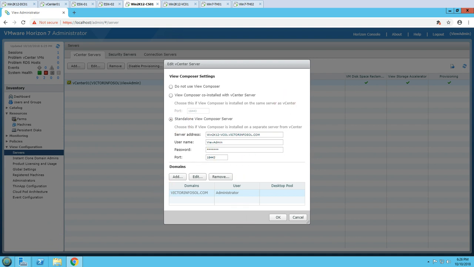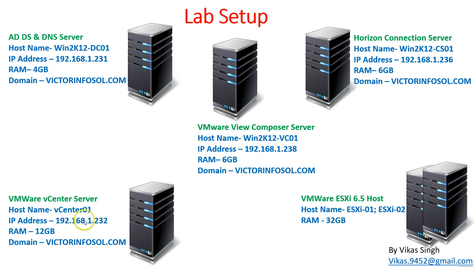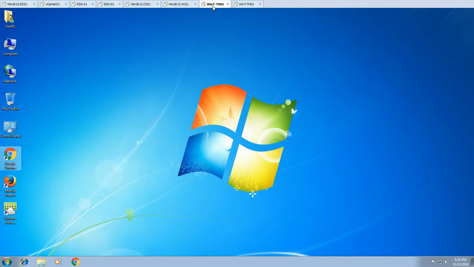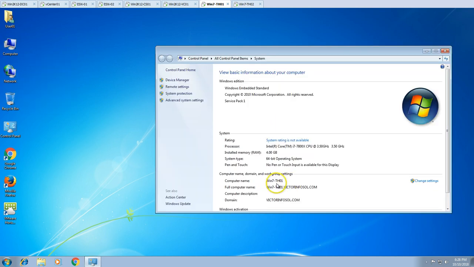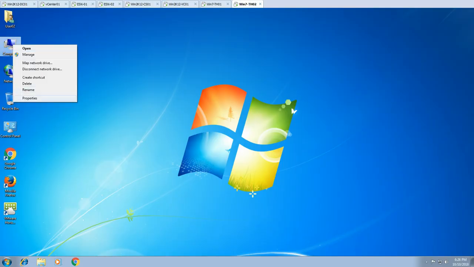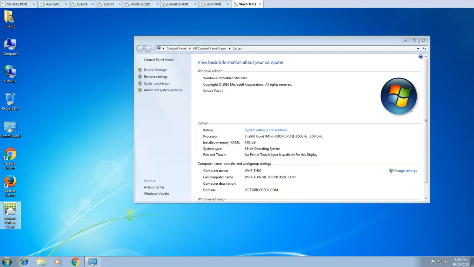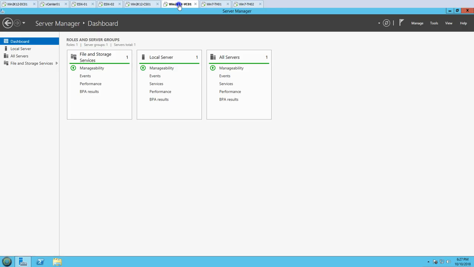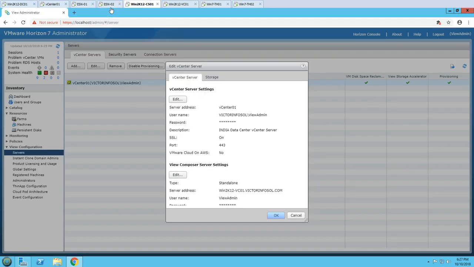So this is the infrastructure which we have in this video. Apart from this I have two thin client machines, which we are using since starting videos. So this is Win7 TH01 and Win7 TH02, and both having HorizonView client installed on these machines. So this is the infrastructure which we have,